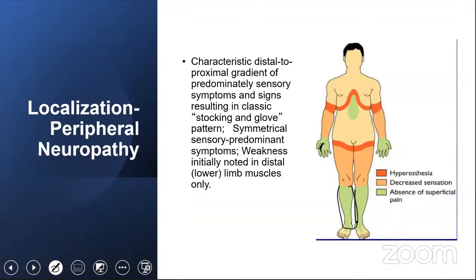Hyperesthesia, decreased sensation, absence of superficial pain. These are the characteristic features. So here we'll learn what is a large fiber neuropathy, what is a small fiber neuropathy. The large fiber neuropathy is fast conducting nerves. These are alpha nerves. They are fast conducting nerves which conduct